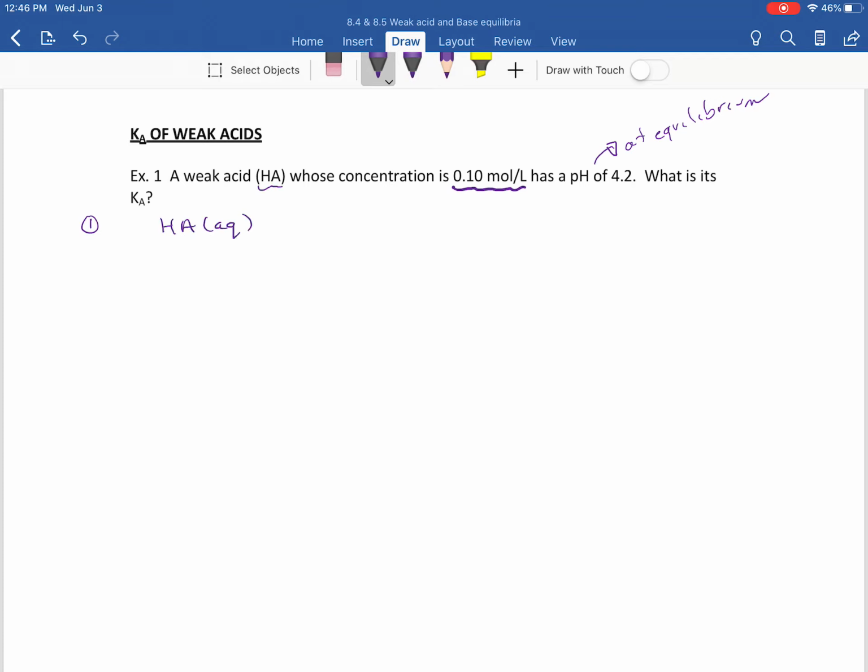So it's just a random weak acid, HA. It dissociates, and we know it's a weak acid, so we use the equilibrium symbol, into H plus and the conjugate base. All right, so there. We know we're starting out with 0.10 molar. We know we have no product yet. So my change, it's a 1:1:1 ratio, so negative x, positive x, positive x. So at equilibrium, concentration,